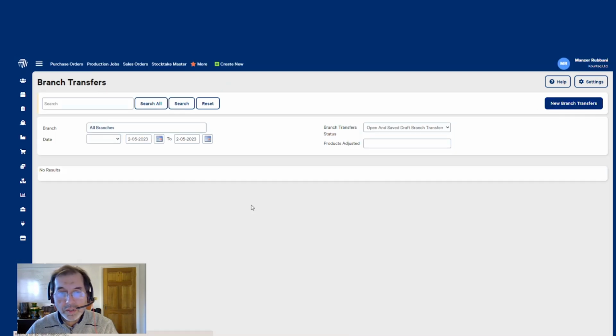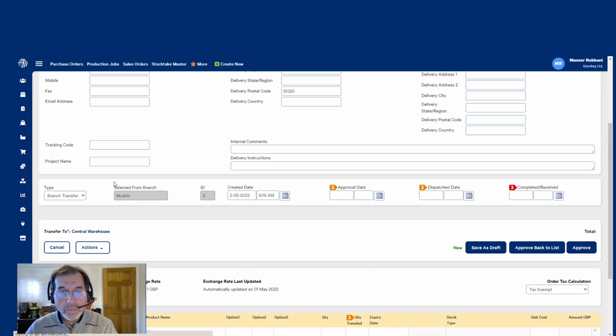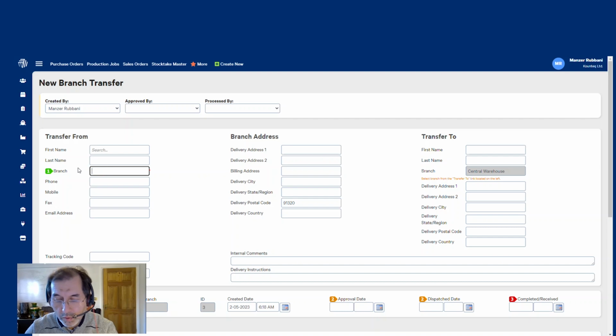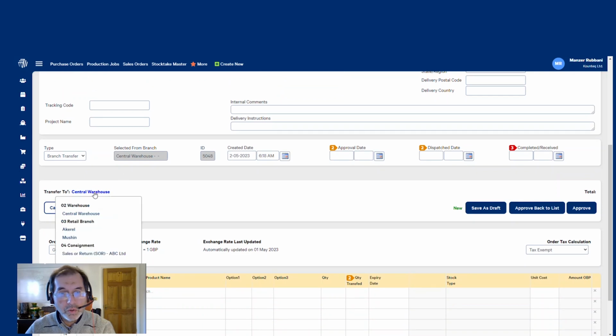I'm creating a new branch transfer, and remember, this will be going from your main warehouse, the central warehouse. So you're moving stock from your central warehouse to the sales return warehouse.